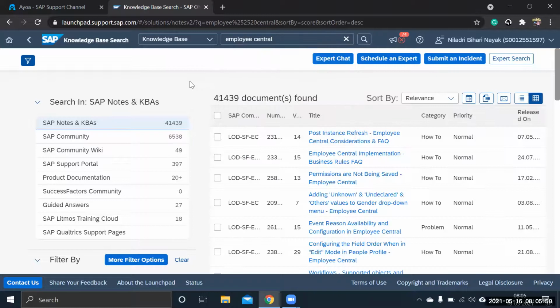And you will be getting, because I started typing Employee Central, there are some 41,439 documents. So ideally you will not be searching like this. Whenever you are searching in Google, it will take you to a note, and from that you can come to here. Let's say I will show you that as well.